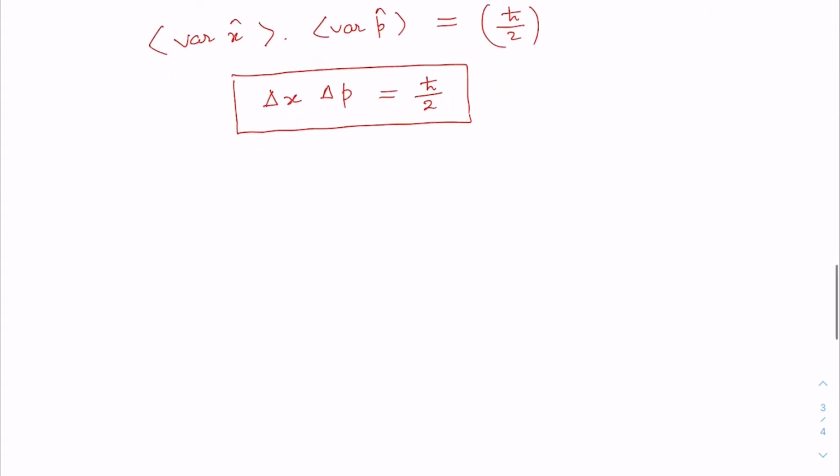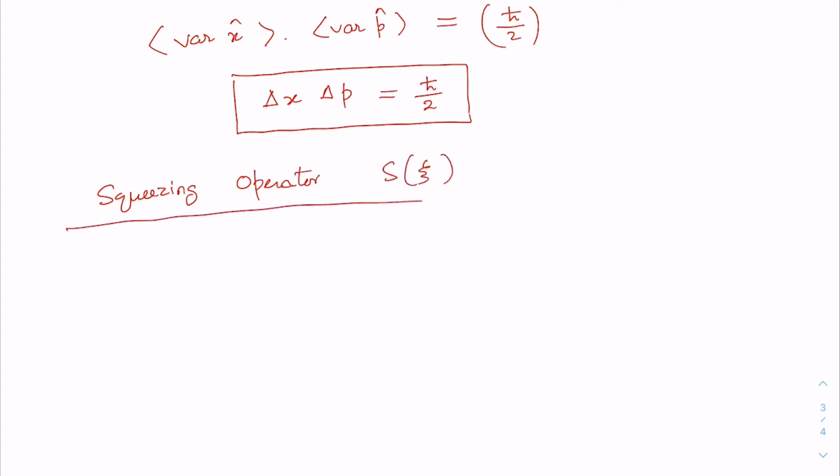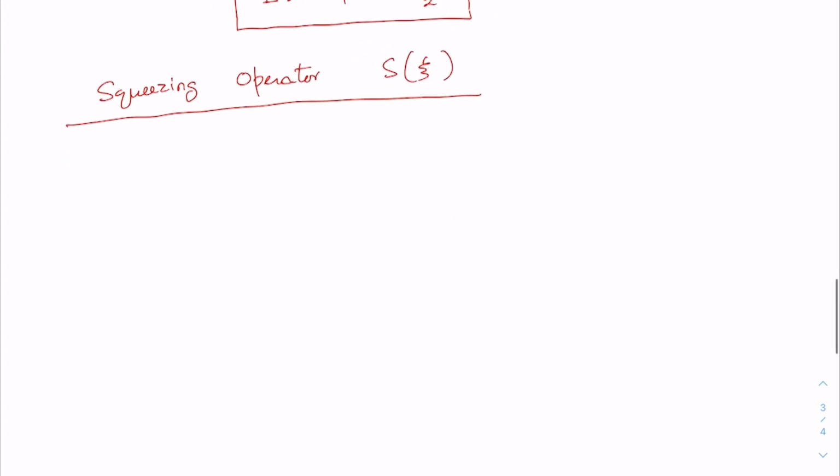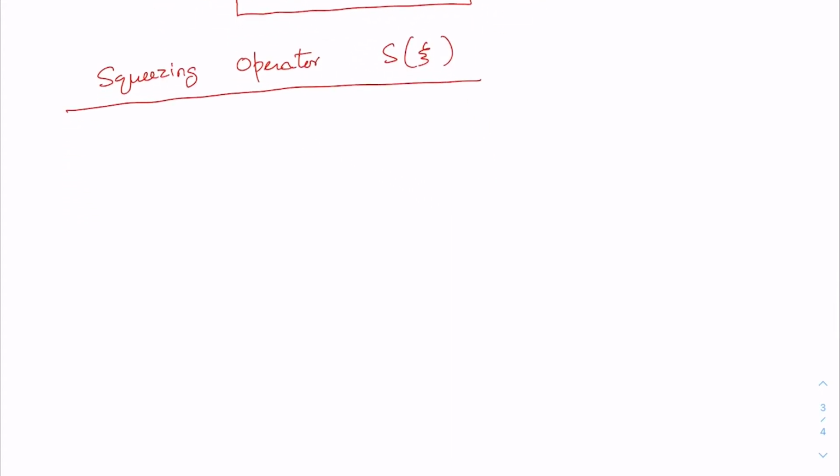Now what about the squeezing operator? Let us now discuss that. What about the squeezing operator, that is, xi? But before I go into the discussion of the squeezing operator, first let us guess the squeezing Hamiltonian. Now you see that we got the squeezing annihilation operator from our preliminary analysis like this: cosh r a plus sinh r a dagger.